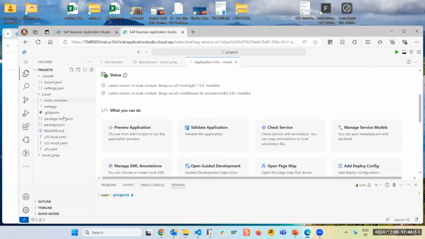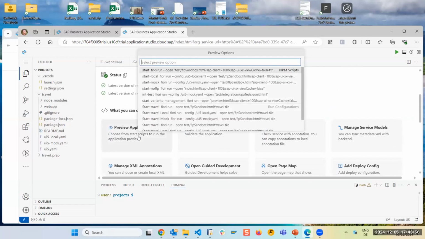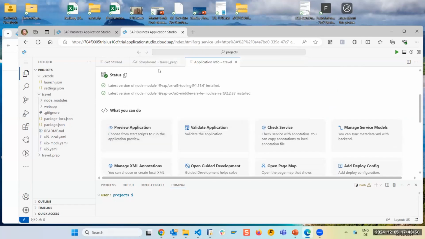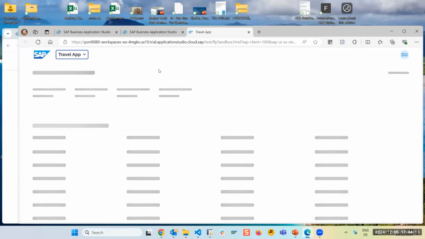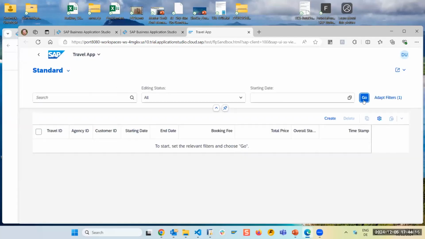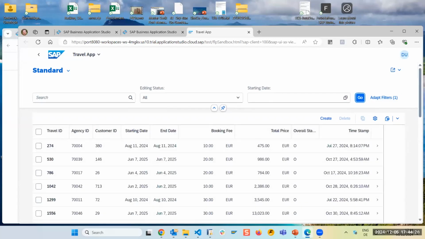So the first thing we are doing is we look at the application. That's why we click on preview and choose the basic script here. And let's get it started. And then we can see what the process so far provided us. On top of this OData v4 service, now we have a list report object page application based on Fiori elements. We see here our columns, which we defined in the line item, and if we press go, then it's populated with the data from the demo scenario for the travel scenario.